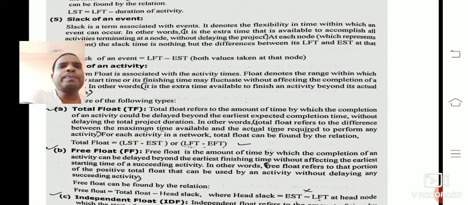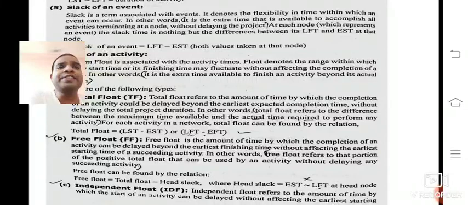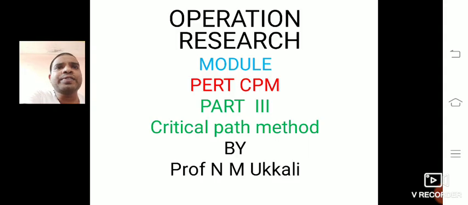The free float is the amount of time by which the completion of an activity can be delayed beyond the earliest finishing time without affecting the earliest starting time of a succeeding activity. In other words, it is the difference between the total float and head slack. Here head slack has a formula: EST minus LFT at the head node. For example, here head node means,